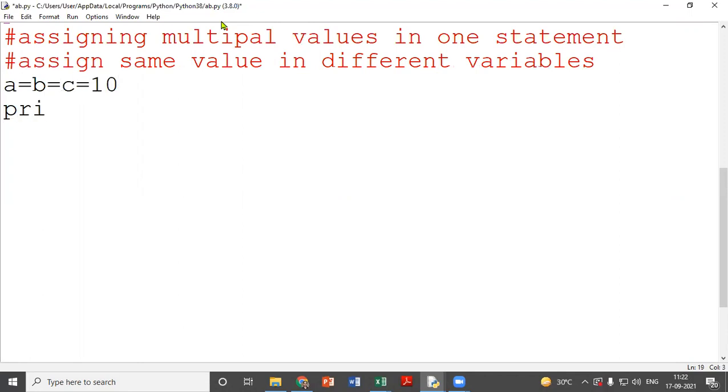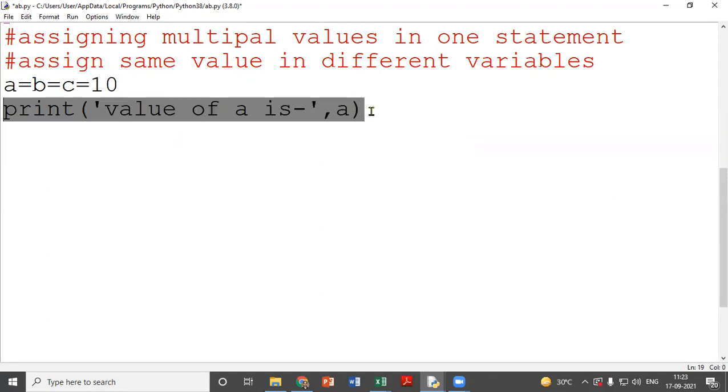And if I'm going to print A, you know that A is a variable, so it will not come in quotes. But if I want to show some formatted output, I want the message value of A is, and comma. So my message should come in quotes, but the variable will not come in quotes, and both the things will be separated with a comma.